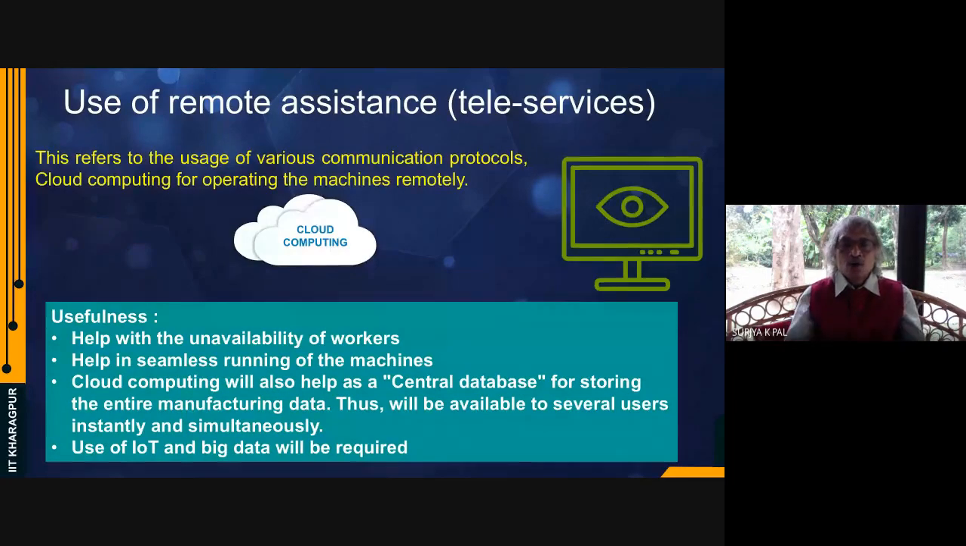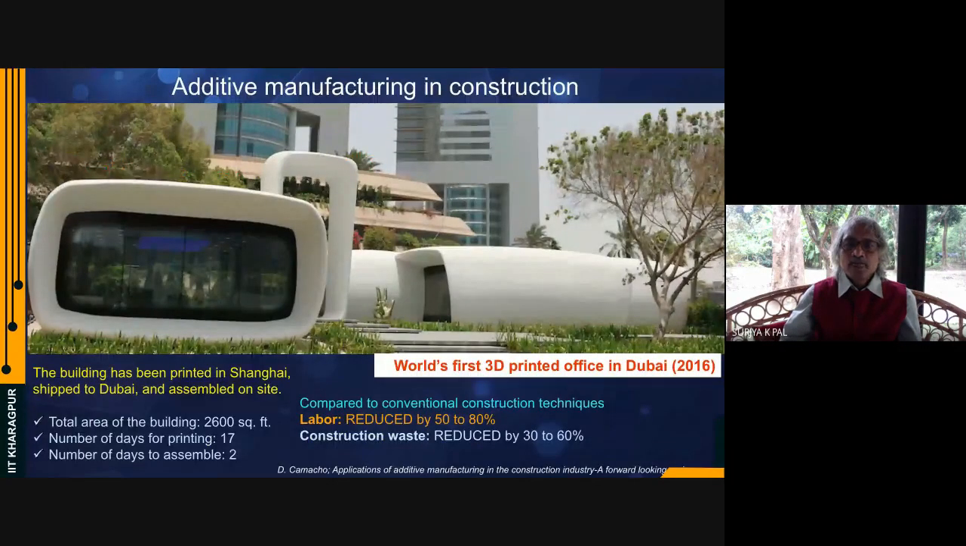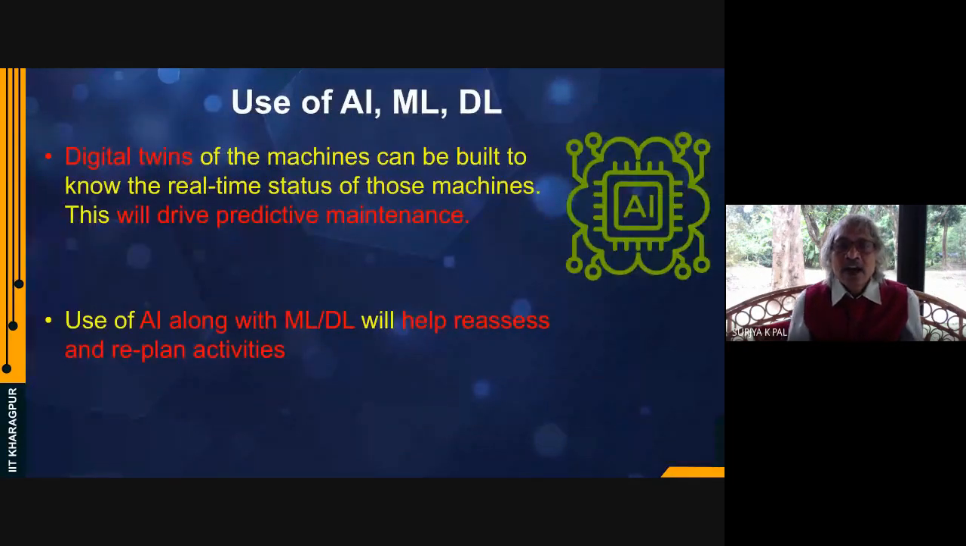Now, another thing is, as I mentioned, the teleservices or the remote assistance, which is cloud computing. As I've already told, you do not have the proper workforce in place at this moment, but you need to get the manufacturing operations done seamlessly. So you should have a central server, a central database, which is the cloud, and all machines or entities of a shop floor can be connected to the cloud to gather as much information as possible, so that you can effectively get the information about the shop floor and make your shop floor more agile. So the use of AI, ML and DL,